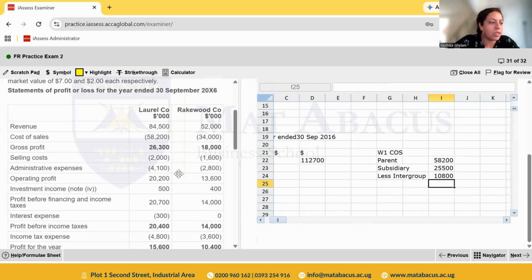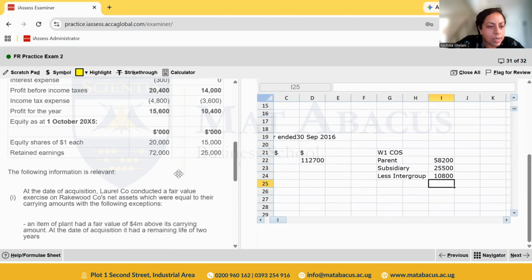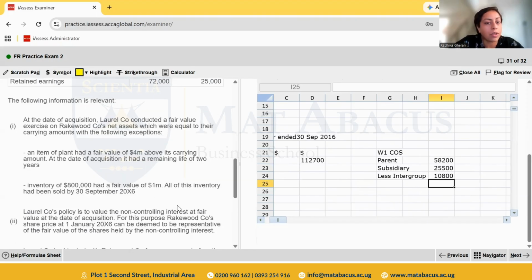Another thing that goes in there is, remember we had an asset that had a fair value above its carrying amount. So the excess depreciation on this is going to increase our cost of sales. Okay, don't subtract it. Depreciation is an expense. It doesn't reduce your cost of sales, it increases your cost of sales. So how much is the excess depreciation? First of all, the fair value was 4 million above the carrying amount, and they told us that at the date of acquisition, meaning 1st Jan 2016, this asset had a remaining useful life of 2 years. So when you do that, that gives you the depreciation